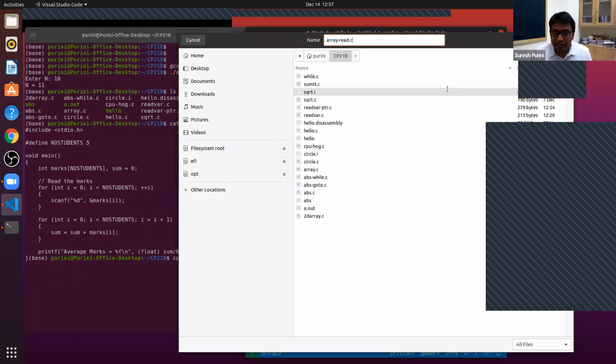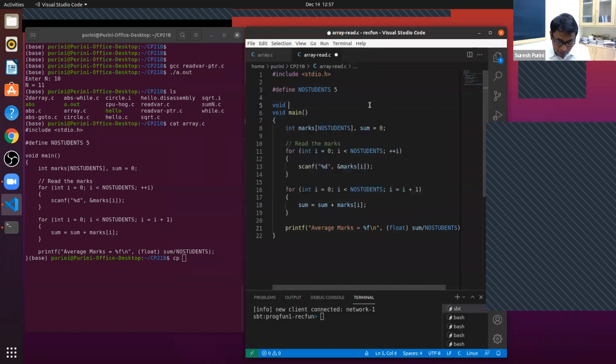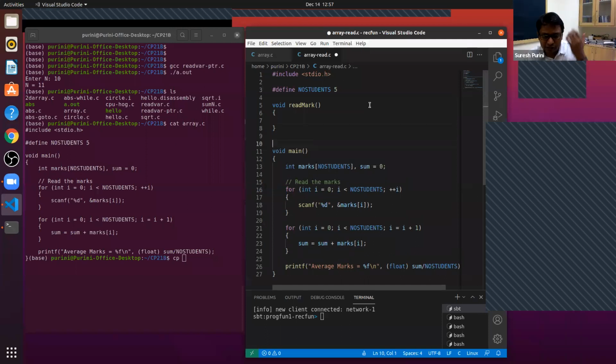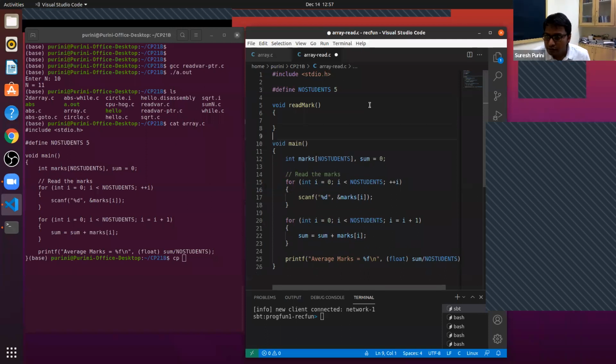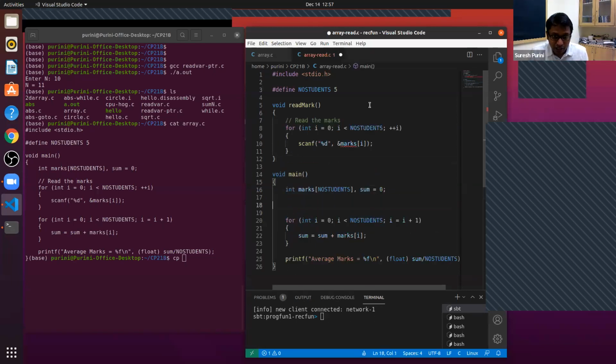So we want to change this program so that we write a modular program to read this code. We want to say void read marks, and then the read marks code that we have here, we would like to paste it here, and then we want to call read marks.